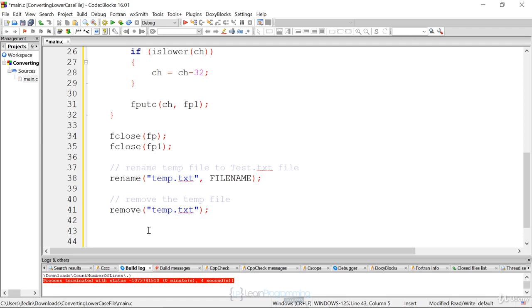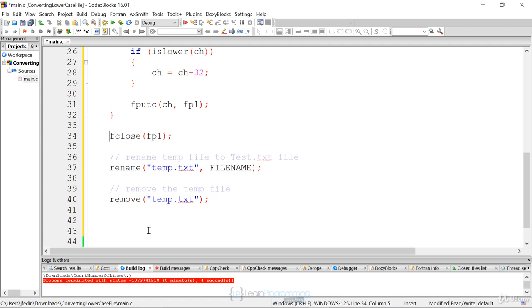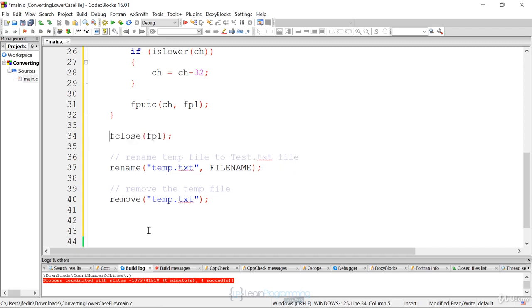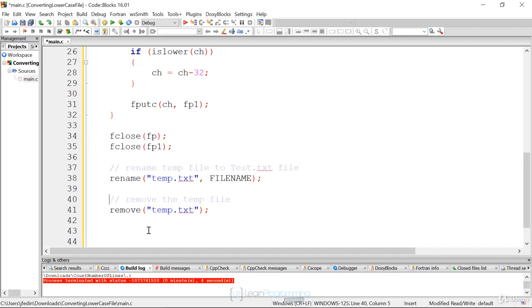So I could actually, instead of closing fp, because that's pointing to test.txt, not close it now. I could just close fp1 because fp1 was the temp.txt, and that's the one I'm closing and renaming and removing. Actually, I have to close it because I renamed it. So I'm going to have to close fp. So now on line 43, I want to reopen fp because now I want to read the contents and print it out. So I can say fp = fopen file name,